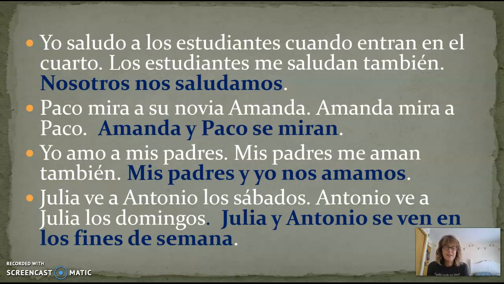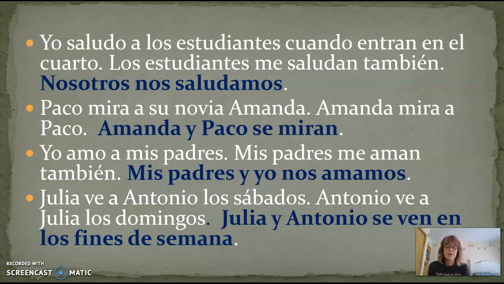So think about things like that you can do to each other. You greet each other. You encounter each other. You love each other. You hug each other. You kiss each other. Lots of things that people do to each other. And then the se or the nos is going to accompany that to make that each other fit in there. Of course, it's not going to be two separate words like each other, okay? That se or nos, when you put it before the verb, it's going to refer to that reciprocal kind of action that's going between the two parties.